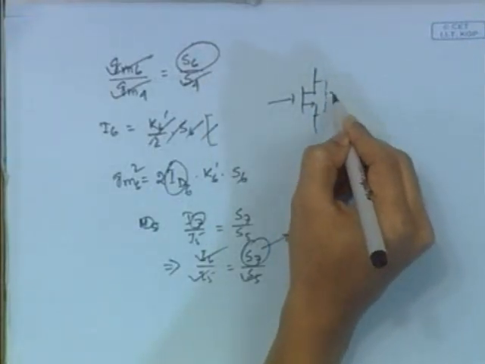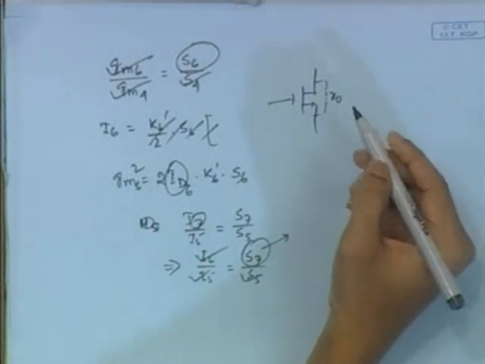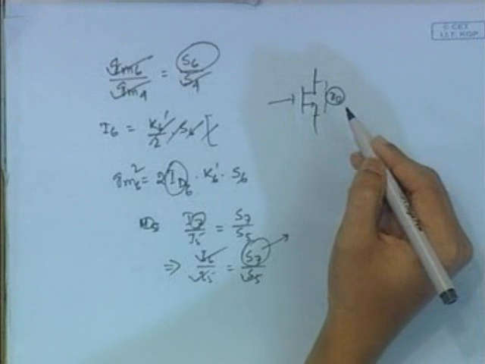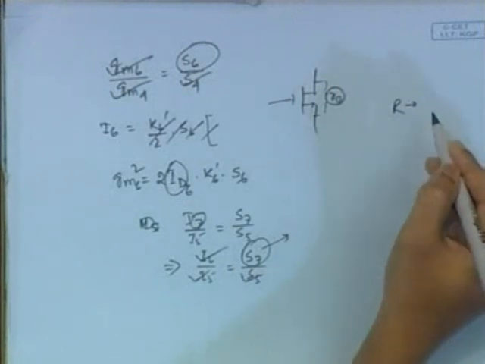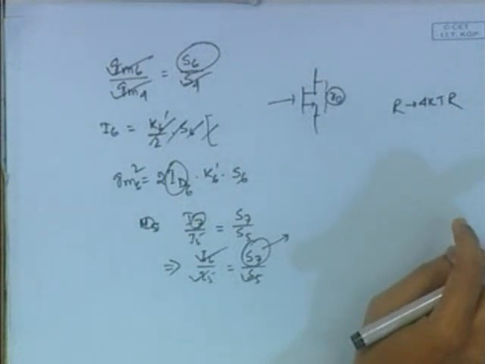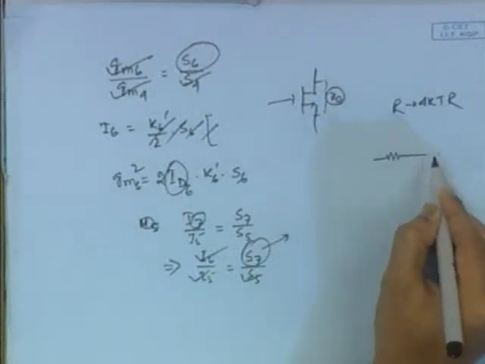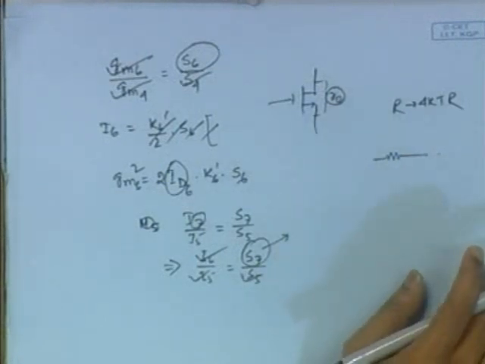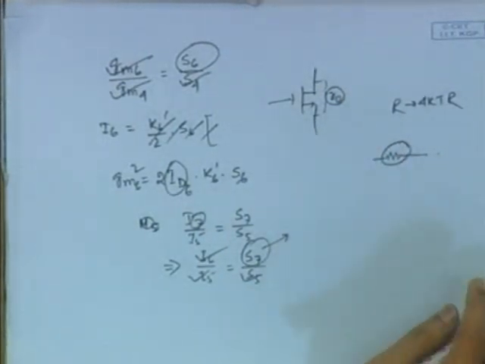Here we have seen that there is an R0 resistance. Okay, and for every R0 resistance there should be some thermal noise. What is that value for a resistive noise or thermal noise? That is 4kTr. Okay, you know something about noise, I mean this 4kTr formula. I am just telling you that for every transistor or resistor in the circuit, this resistor gives rise to some noise. This is called thermal noise or resistive noise, because this resistance is also a function of temperature.